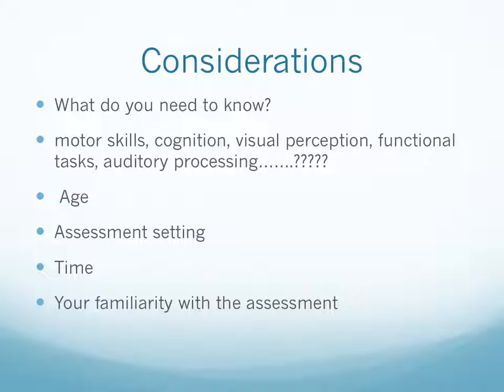You need to think about your assessment setting. For example, in the full BOT2, the child has to do a shuttle run, so you need plenty of space for that. Similarly, in the older 40 plus assessment, the BMAT, you have to measure out an area for the person to walk fast and change direction and come back again. And so it's really thinking where you can carry that out successfully in a standardized way.